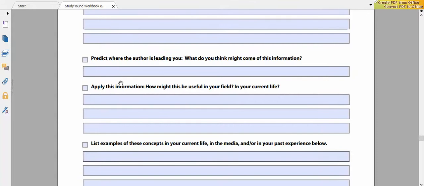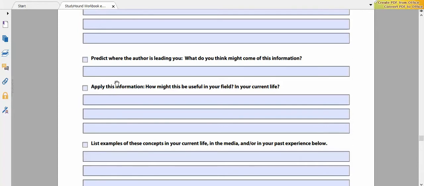If you've ever had a conversation with other people, you probably have thought about what they're telling you and where they're going with it. Whether you really consciously realize it or not, you were thinking about where they're going with their story or with the conversation that you were having. Try to do the same thing when you're reading, right? Because it'll make it more